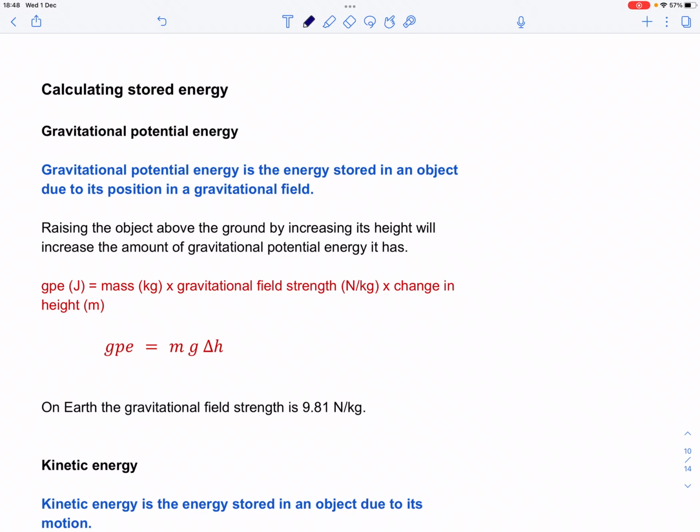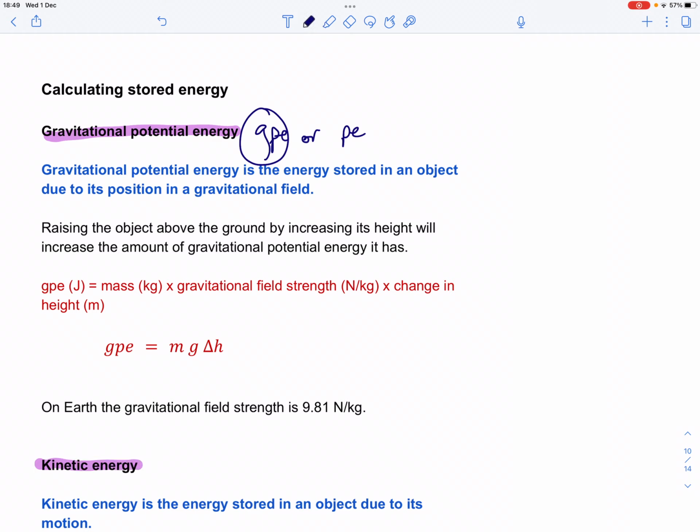So far we've been talking about amounts of energy without actually being able to calculate them. What we're going to do now is find a way to calculate different energy stores. This being physics, of course, there's a way to calculate lots of different types of energy. We're just going to focus on two. We're going to focus on gravitational potential energy, sometimes known as GPE or just PE or potential energy. Mainly it's known as GPE, which is just short for gravitational potential energy. So we're going to look at that one, and then we're going to look at kinetic energy,